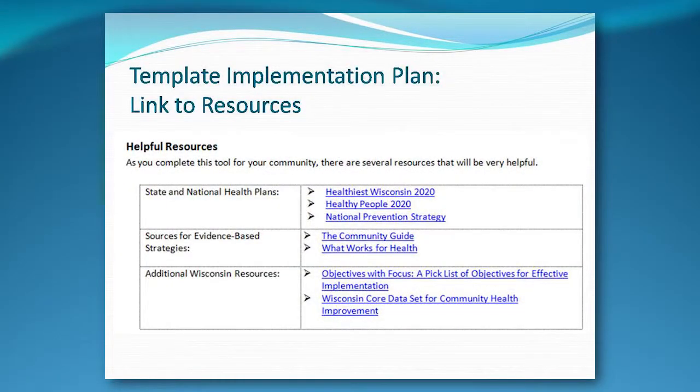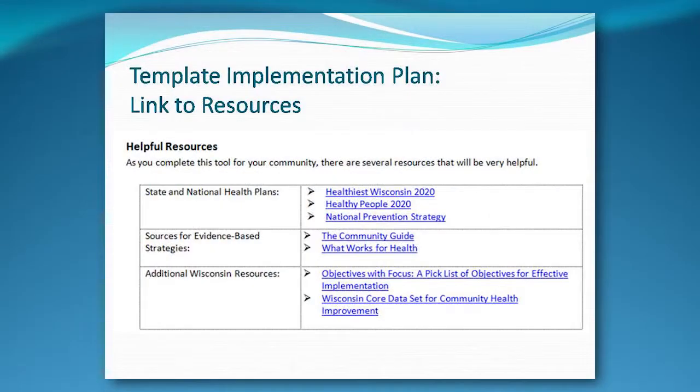In addition to that, we've listed some other resources here. Are many people in the room familiar with the Community Guide or What Works for Health? So those are the two that we particularly rely on. What Works for Health also came out of the University of Wisconsin and now has been linked to the County Health Rankings and Roadmaps site. But they reviewed, I think, six different national sources that have evaluated evidence-based practice and combined them into one place, which keeps you from having to go to quite so many places to get that guidance. But again, I would encourage you to use that as a resource for yourself.